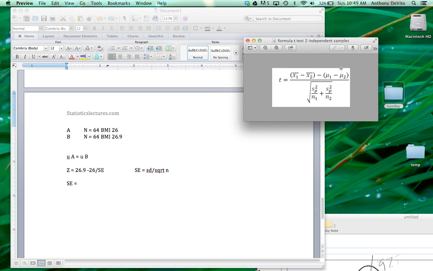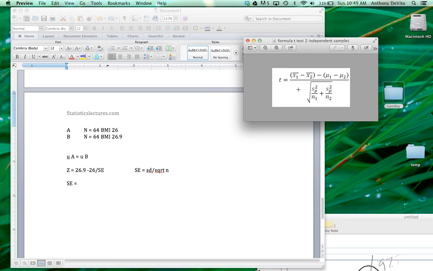You might notice SPSS, when it puts some data out, it doesn't really give you these numbers. It really gives you a difference between these numbers. Now this mu1 minus mu2, by definition, your null hypothesis says that these two are equal. So we just drop that part out. You can ignore that when you see it in the formula. You're really just looking at a t-score of x1 minus x2 over your standard